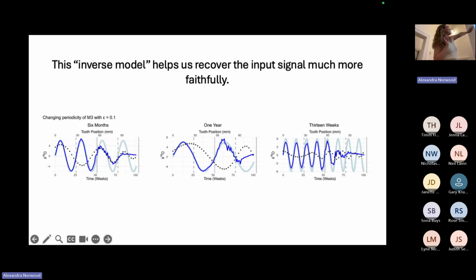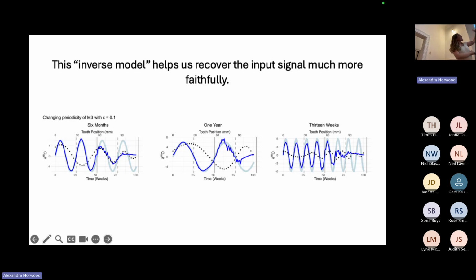It's interesting to look here at the differences in the length of the seasons that we're recording. This one is a 6-month periodicity. The second one is a year. The third is 13 weeks. We can see that we're losing the most amount of variation in 13 weeks. That's because those seasons are happening so quick that the averaging that's in the tooth is muting them still. The longer our seasons are, the less of that muting we get. That's caused by how much time is averaged in a single piece of enamel.